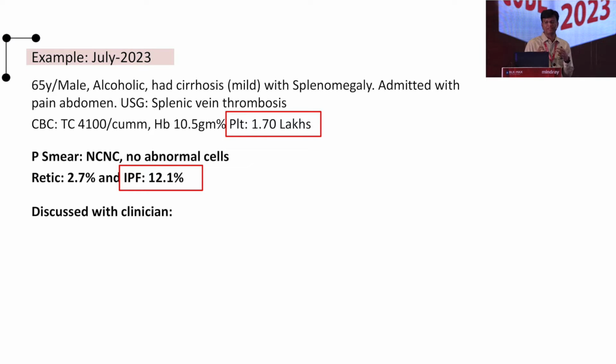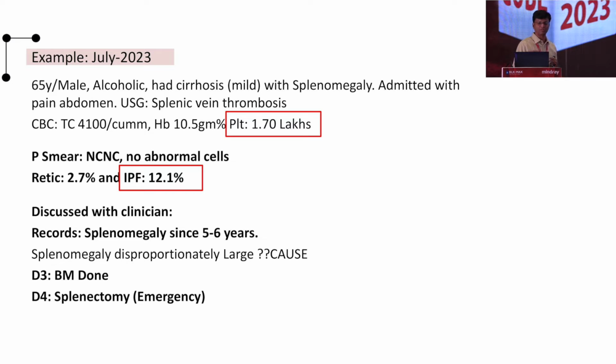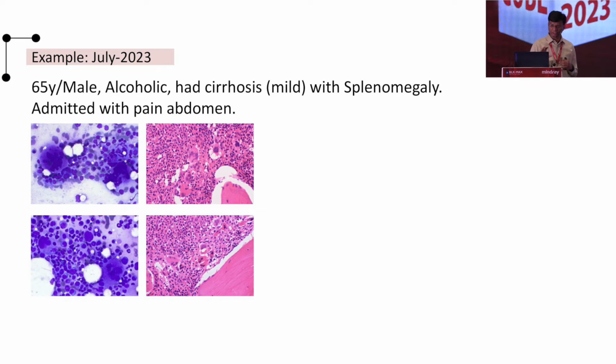Somehow that is not matching, and we discussed with the clinician whether steroids had been given or something like that. He conveyed that his record shows splenomegaly for 5 to 6 years, disproportionately large for the grade of cirrhosis, and they also wanted to find the cause. So we advised a bone marrow, and unfortunately an emergency splenectomy was done on day 4. The bone marrow aspirate shows a lot of megakaryocytes with dysplastic features,